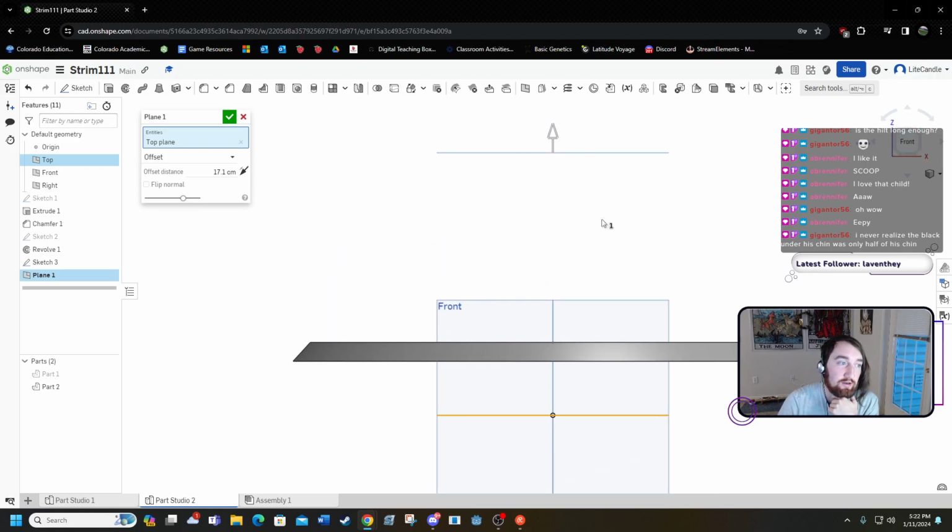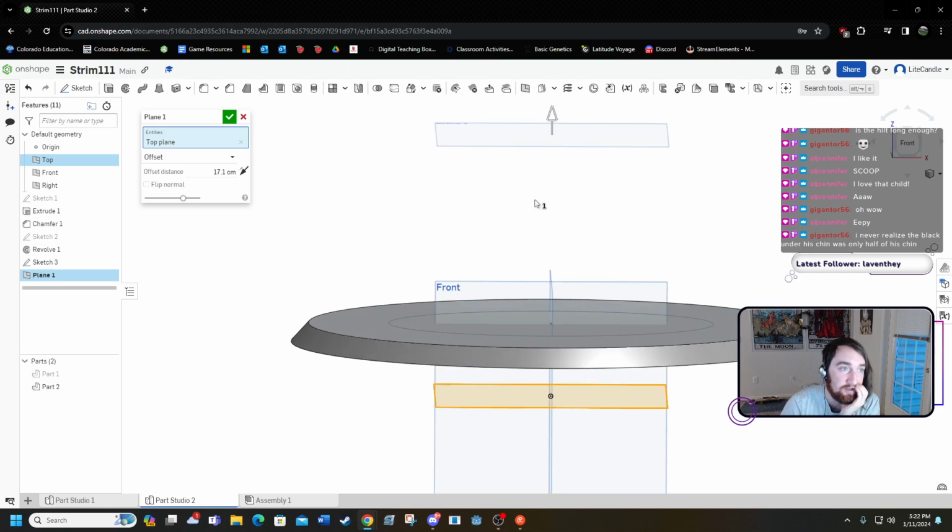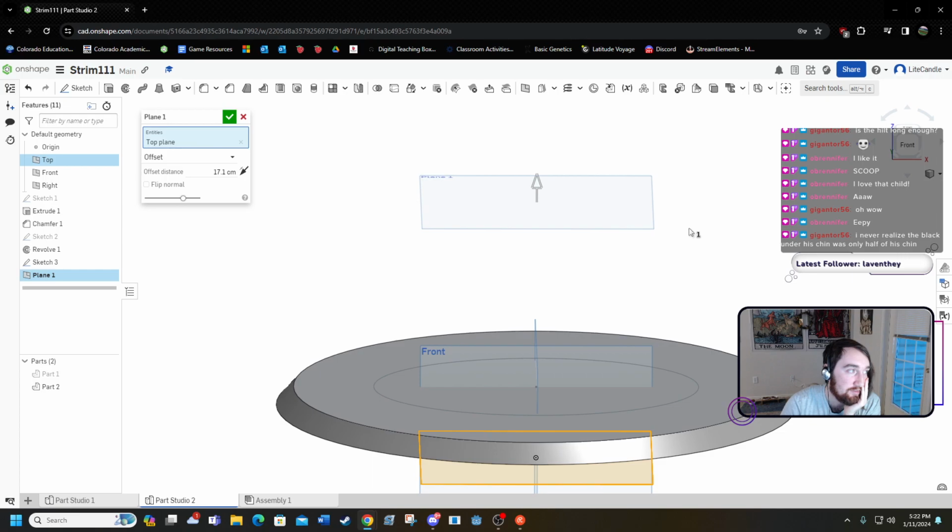I want the hat to go kind of up and curve around and twist into a neat little thing. But I wanted to use a loft to do that, and I don't know if a loft is really going to do the thing that I want it to. We'll mess around with some stuff and see